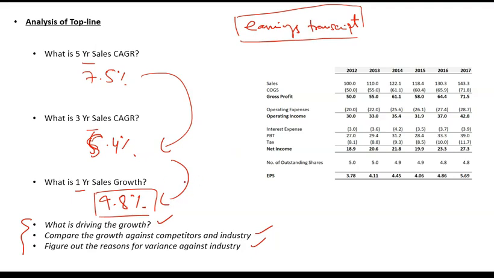So going further or going deeper into the analysis of sales, next thing is, so you have had a broad idea of the overall historic growth, कि 5 year में कैसी रही है, 3 year में कैसी रही है, और 1 year में कैसी रही है. These numbers are impacted by any change in a specific given year. So let's say कोई एक साल था जिसके अंदर कंपनी ने अपने operations close करे थे, कोई एक product close करी थी for example, या फिर इकोनॉमिक रिसेशन आया था, या फिर किसी भी वजह से कंपनी की सेल्स गिर गई थी या स्लो डाउन हो गई थी. सो उसका इम्पैक्ट भी इन नंबर्स के ऊपर आएगा.